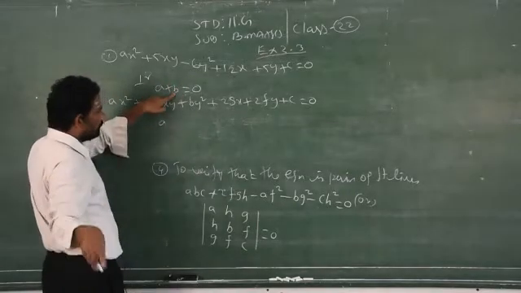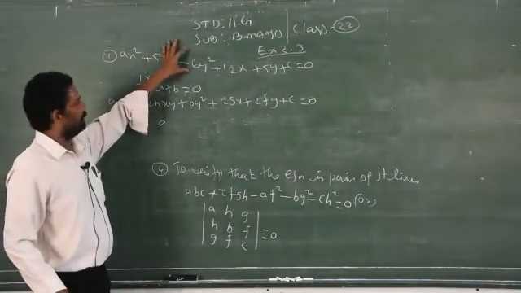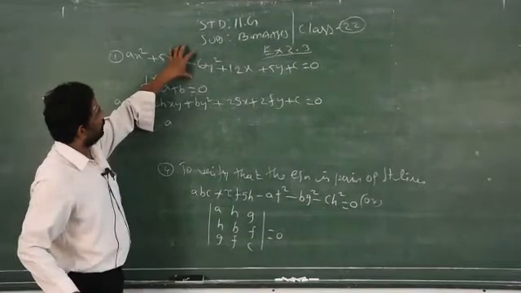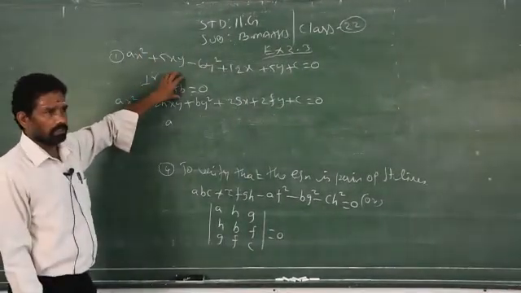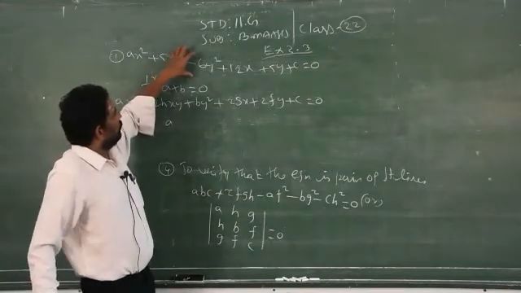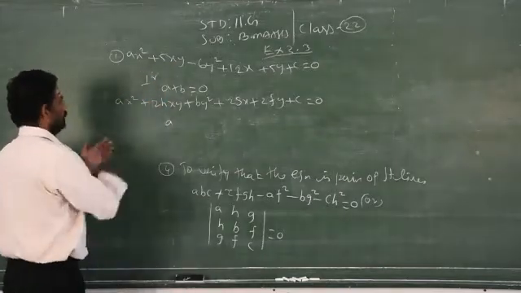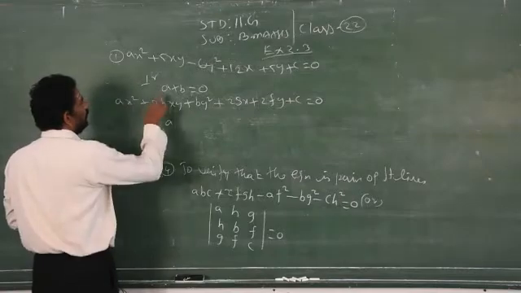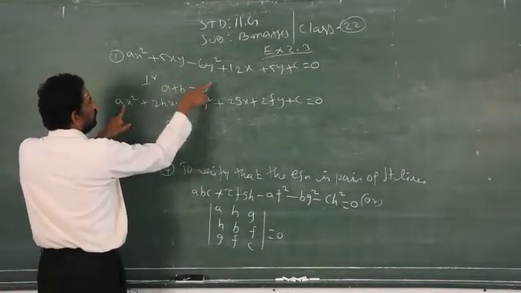Why am I using this formula? It is given already that these are perpendicular lines. The condition for perpendicular lines from the pair of straight lines is a plus b equal to 0. When this condition is satisfied, it is perpendicular. If it is given as perpendicular, you can use the formal conditions. When the condition is true, the equation is true. When the equation is given as perpendicular, then the condition is also true. So based on the concept of if and only if, the coefficient of x square is a, where is b?